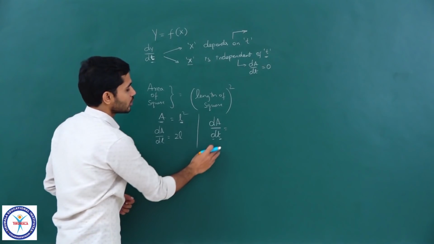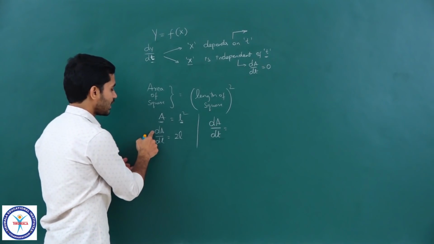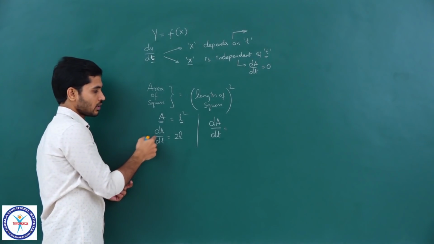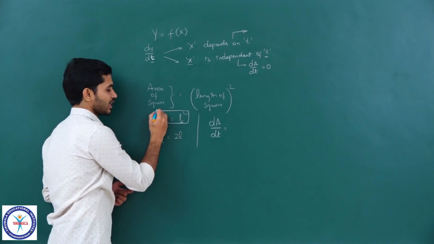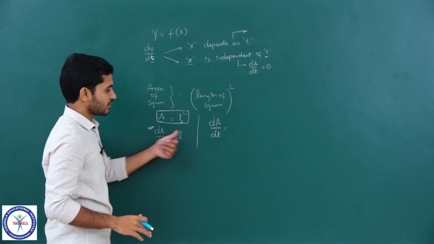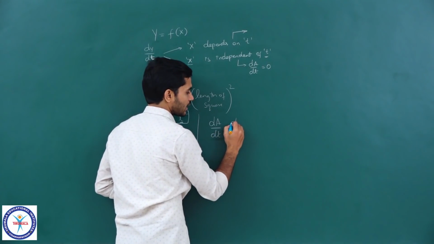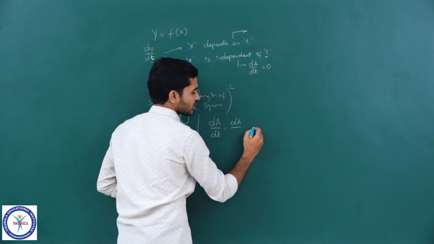In such a case, we will be using a method like this. So, to find dA by dt, I know dA by dl, correct. In this scenario, by using this relation, I can find dA by dl without any doubt. But if they ask us dA by dt, I will just use the chain rule which we understood earlier. So, how do we create a chain here?